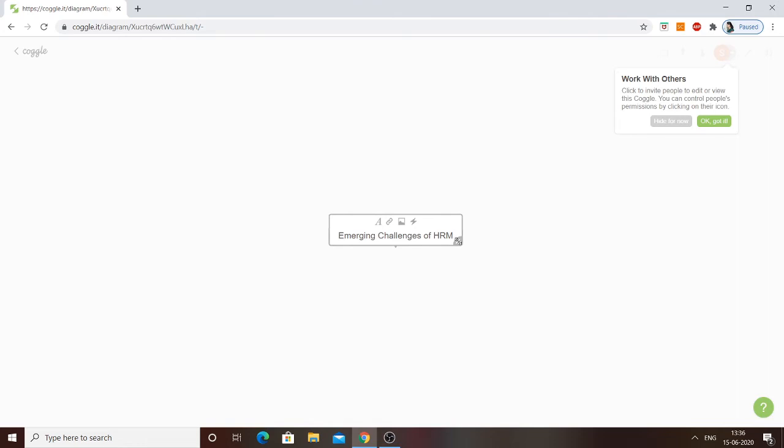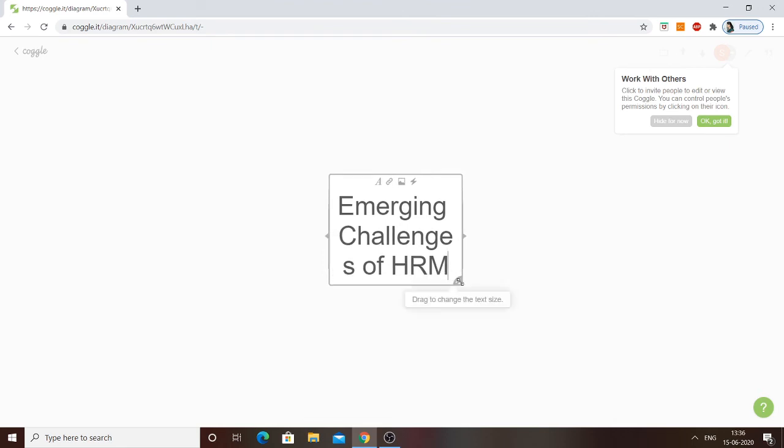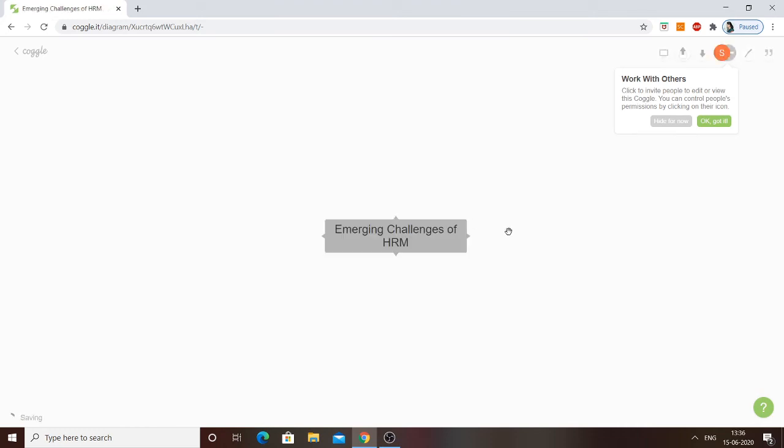Okay. Now I can also drag to change the text size. I can reduce the size as well as increase the size by dragging it. Okay, so I am reducing the size. Now in order to add a branch, I have to click on this plus sign.